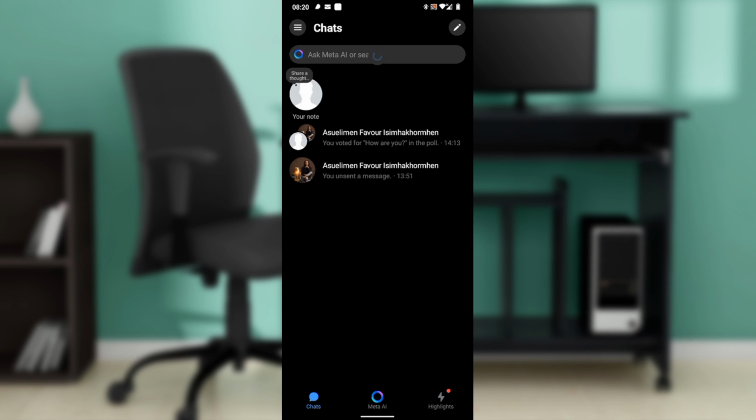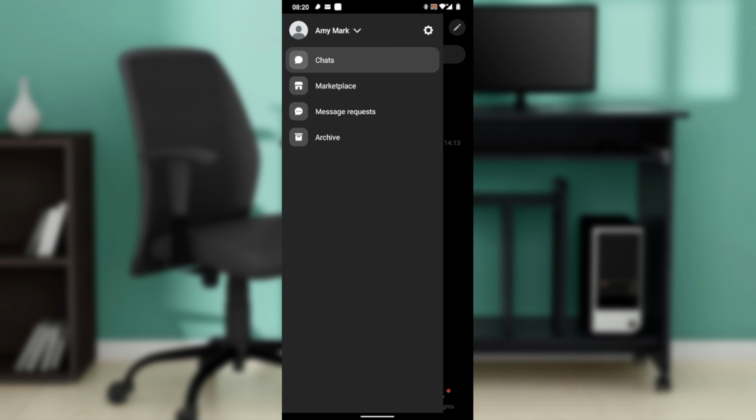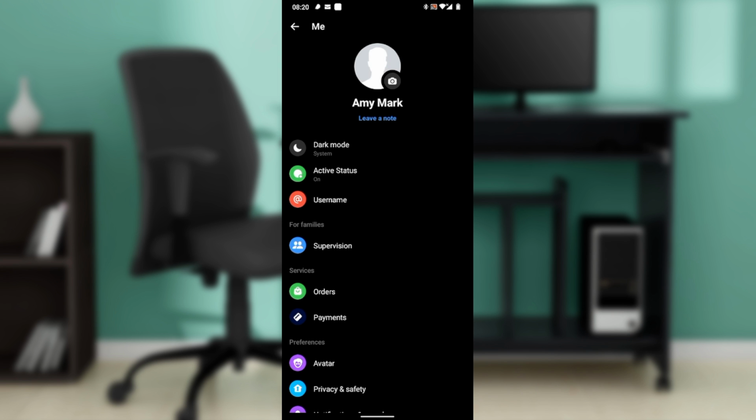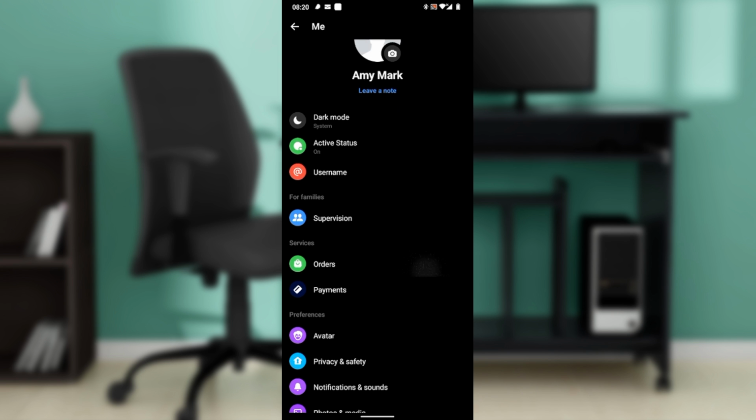that you can take. From this homepage, I would like you to navigate to the left corner of your screen where you have the kebab menu. Click on that and it takes you to this page where you have chat, marketplace, message request, and archive. Of course, at the top, you have your username, and to the right, you have the settings wheel. Click on the settings. Now it takes you to this page where you have a couple of options which include